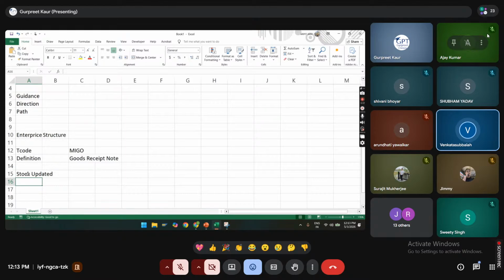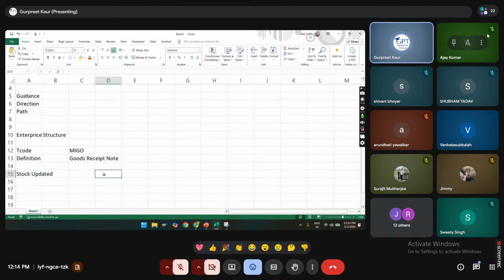If you procure the stock, the stock is updated. If you procure for consumption, it will update the consumption account. See, if you're talking about stock, then consumption will not hit. Consumption will only hit if you are consuming the material directly or from your already available stock. But if you are procuring the material and purchasing it from the vendor, either you can stock or consume at the same time. You cannot do both things at the same time.